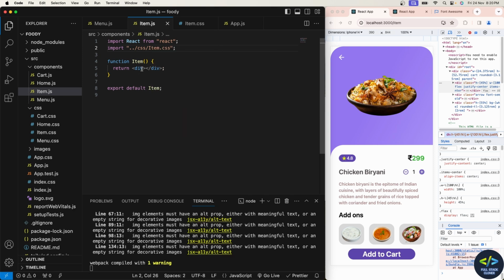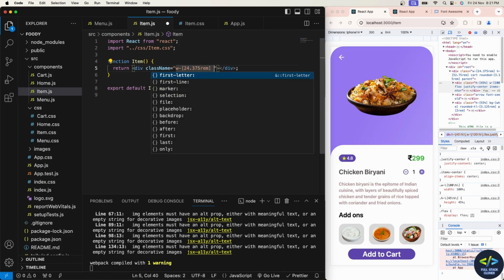So let me go ahead and for this div, for this outer div, what I do is I'll give it a width of 24.375 rem, and then I'll give a height of 52.75 rem, and let me save this, and then I'll go ahead and I'll just call the item CSS which